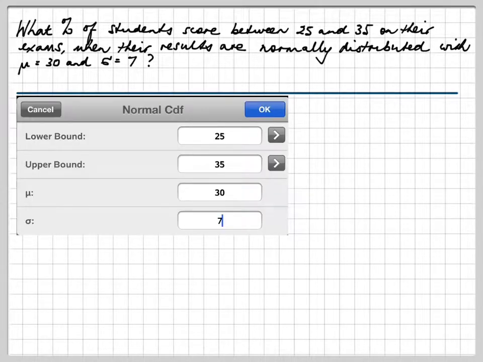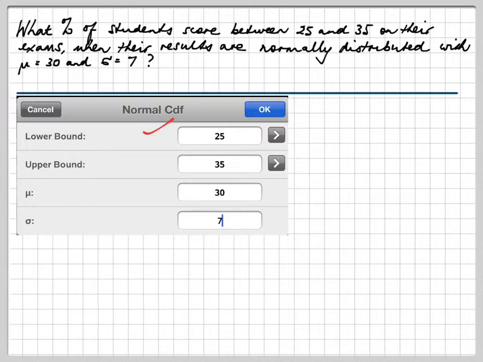All right, let's go. We plug it into the calculator. Now, what are we looking for? We are looking for a probability, aren't we? So if you're looking for a probability, you use normal CDF, okay? If you're looking for just a variable from a probability, you use inverse normal. You've got to get used to that, okay? So you ask yourself the question, what am I looking for? Well, I'm looking for a probability, so I'm going to use normal CDF,